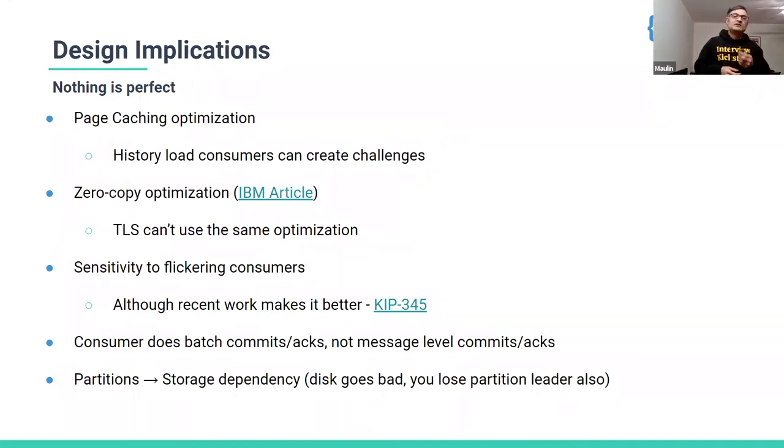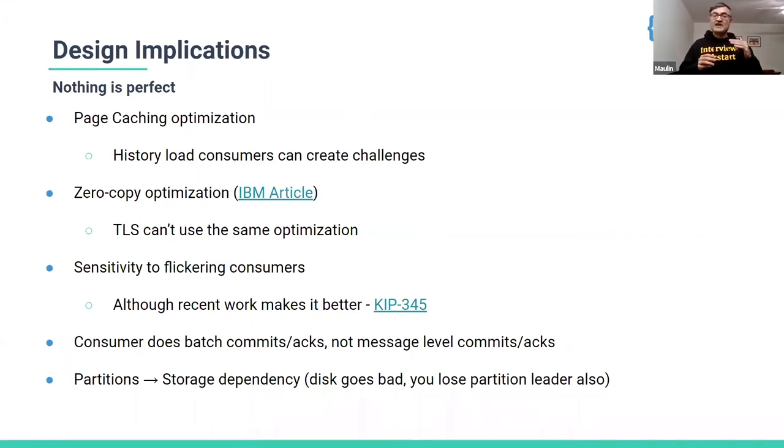The other optimization is called zero copy optimization, which is not Kafka specific. It's just a general operating system level concept, and you can find more details in the link here from an IBM article. But in essence, when you want to send data to a consumer, and you have it in page cache, you are going to bring it from that kernel buffer to the user application namespace of Kafka, and then write it to the kernel buffer of the socket, and then it will go out to the consumer socket ultimately. There are 4 context switches involved in doing all this, and that really is costly.